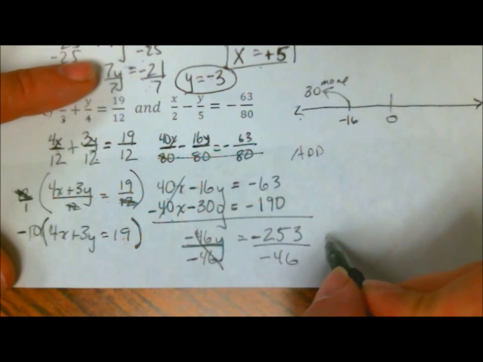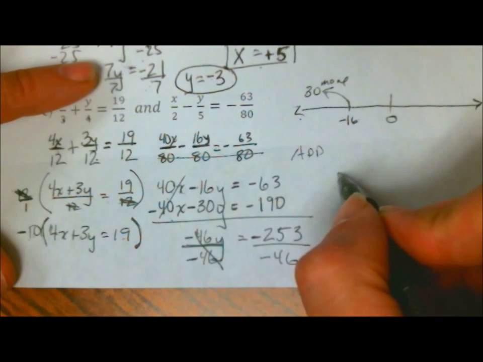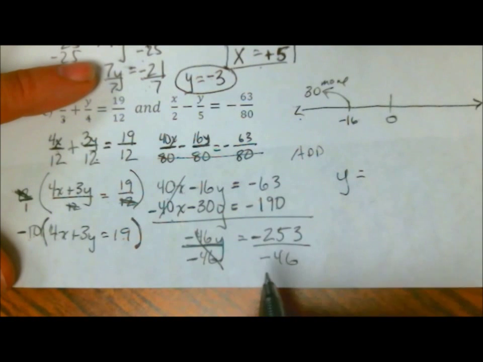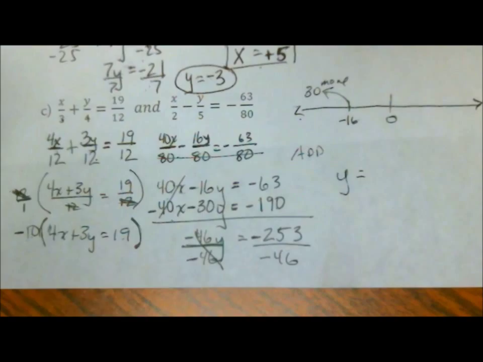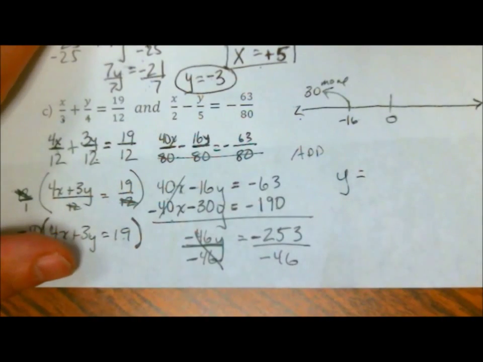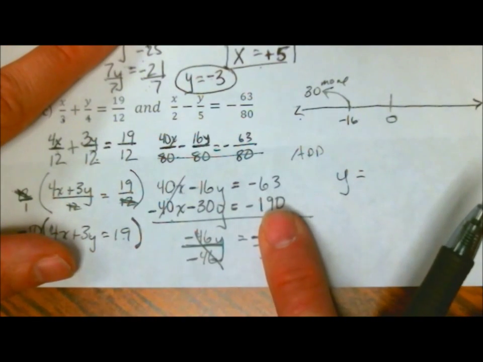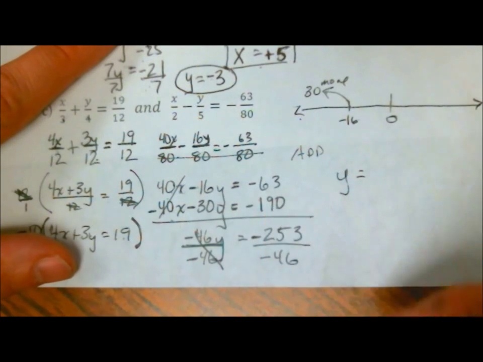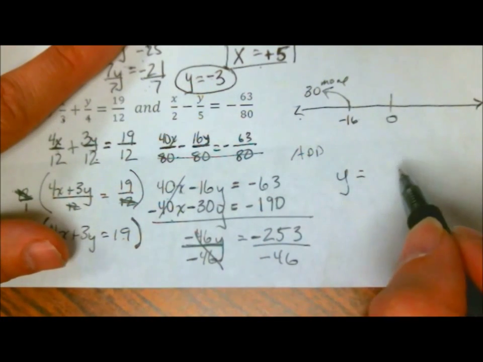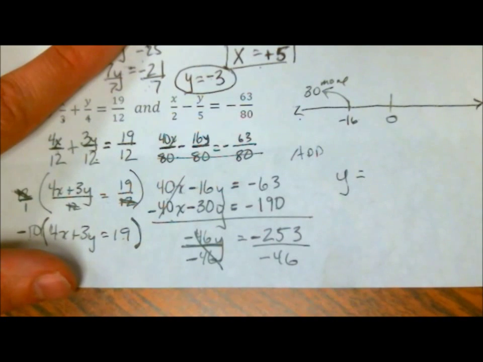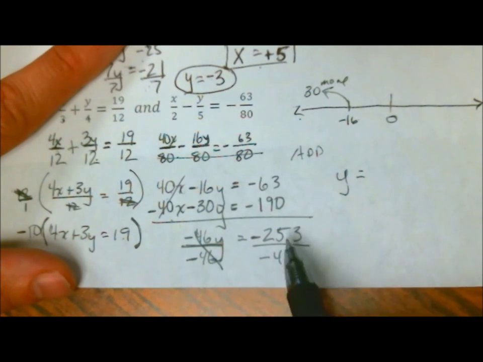I get y equals a negative 253 divided by a negative 46. Oh, my mind wants to just stop when I see that. But if I cover that up, a negative divided by a negative is a positive. Okay, that's good. So this is going to be positive. And 253 divided by 46, ugh. Well, I know that 5, 6, 7, 8, 9, 10. I don't know what this is divisible by. So I'm just going to leave it